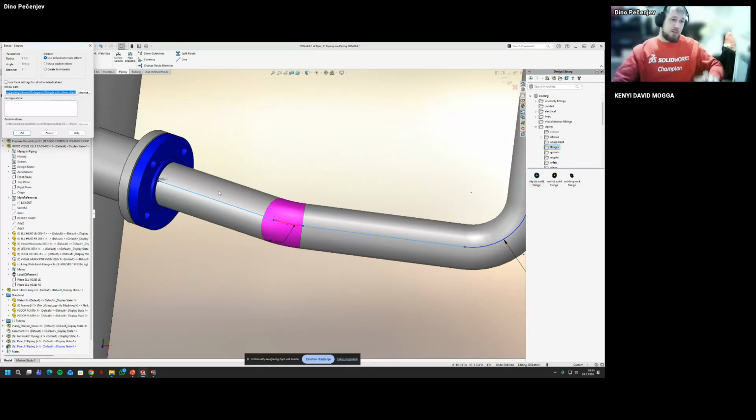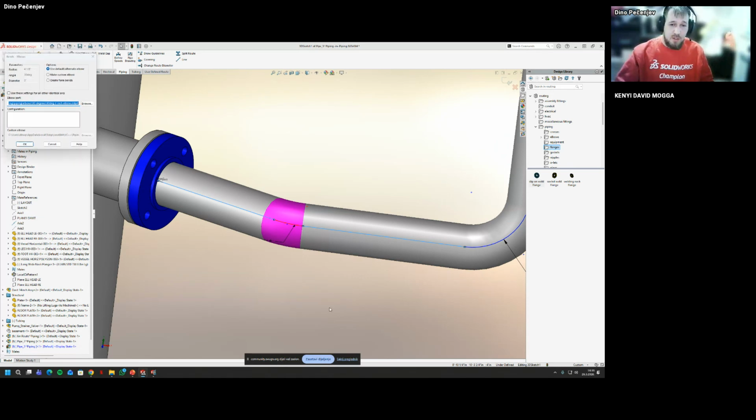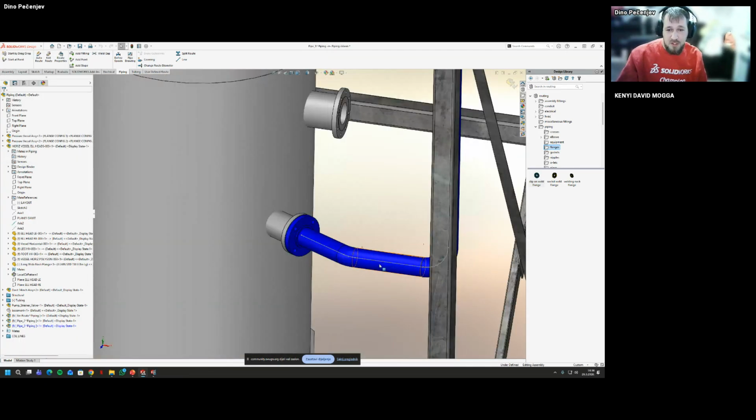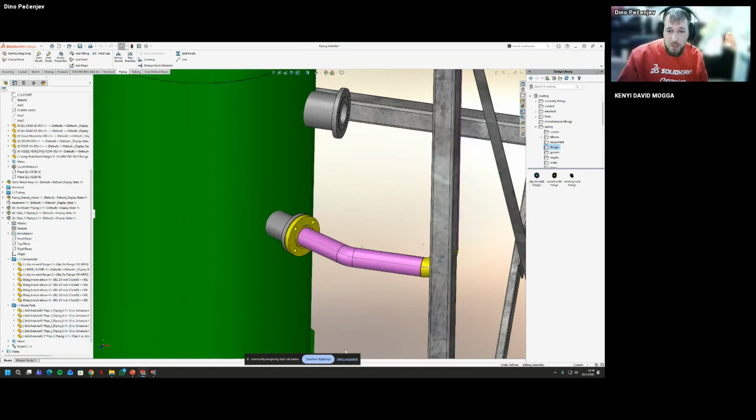we need to set it manually. So this is like setting up manually. But for here, this is at a different angle, and I will say for here use the create form bend. So for this specific scenario, when I exit this part, if you can see in the feature manager tree, instead of getting 3 pipes, I get 1 pipe.